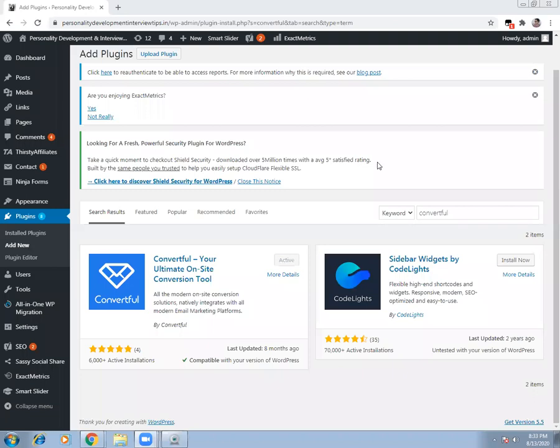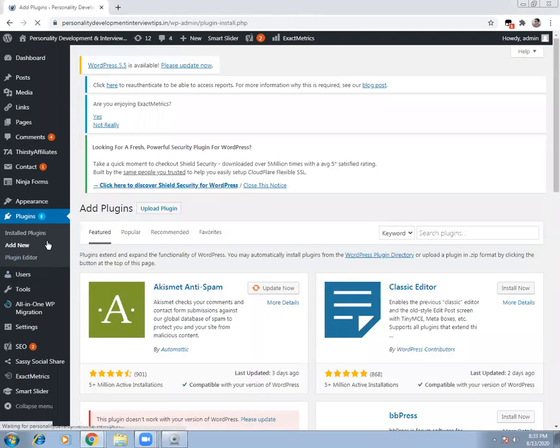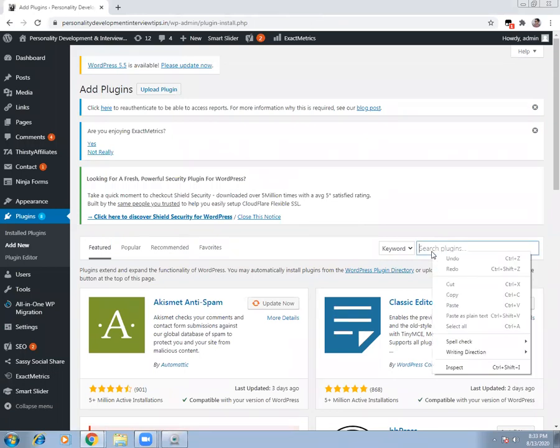Now you can see that by going to your WordPress dashboard, that is the admin page, you go to plugins, select add new, and check with the keyword Convertful.